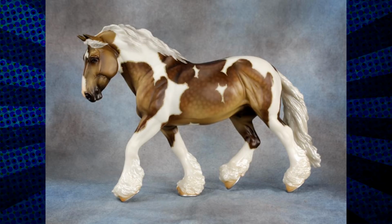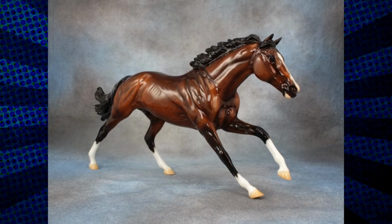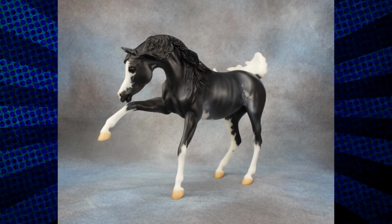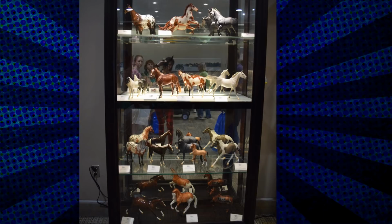So that means the Gaming Stock Horse, or Wyatt, Cigar, Vallegro, Marwari, True North, Wixom, Ashquire, Forever Siege, and Salinero are all molds that were in the BreyerFest live auction in 2018 and could be possibilities as the surprise horse this year. I'll be narrowing that list down even further in a minute, but I have one more point I